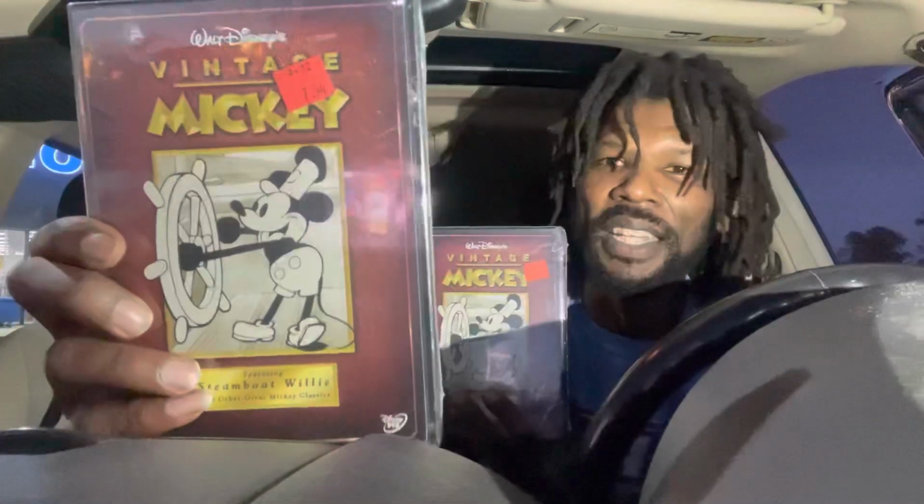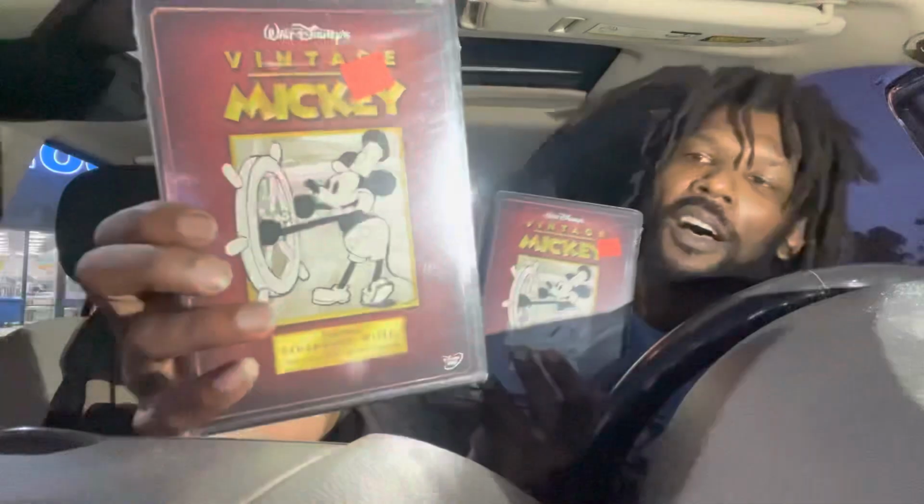These Mickey Mouse DVDs called Vintage Mickey. I saw these in the case. I came back to my car after I bought the board game, because the board game at that time was the only thing that I found. And then I was like, you know what? I saw the vintage DVDs. I came back to my car, looked them up, and saw that they were selling anywhere between like 35 bucks,